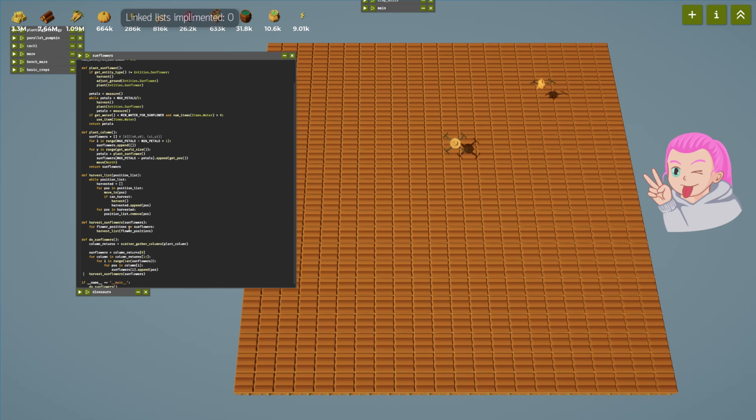It's not really though. So at this point, if the list is longer than... No, actually. We want each drone to harvest about